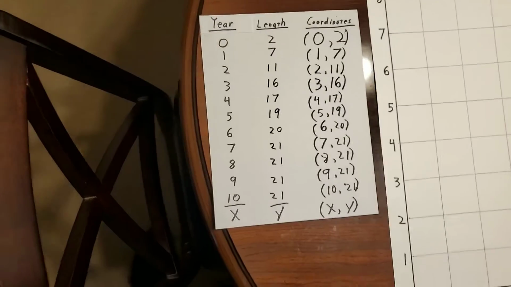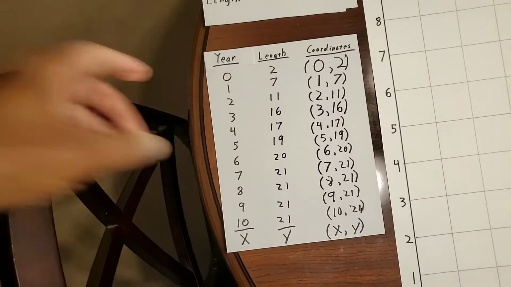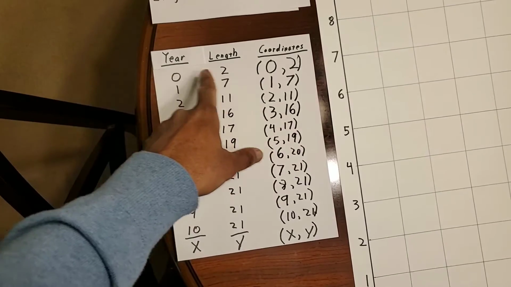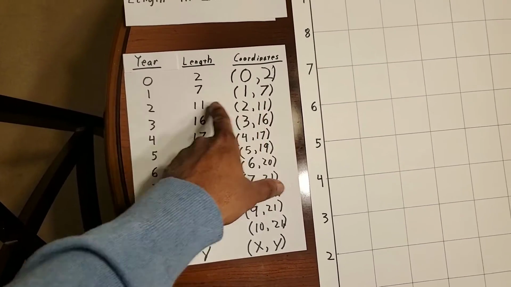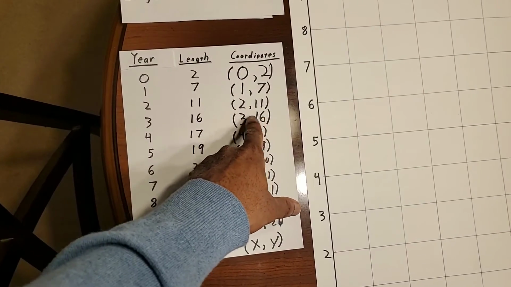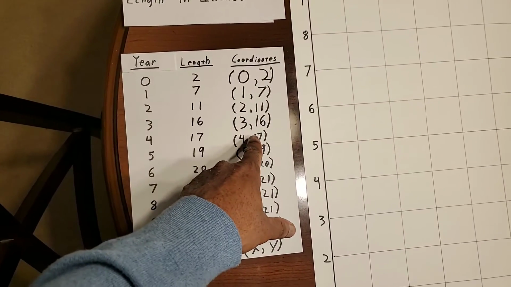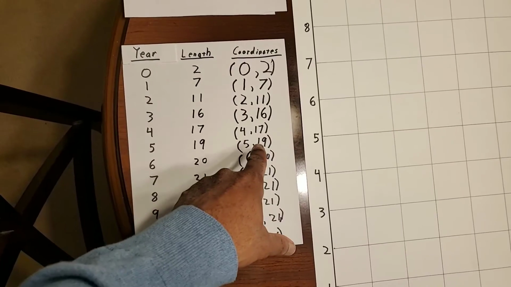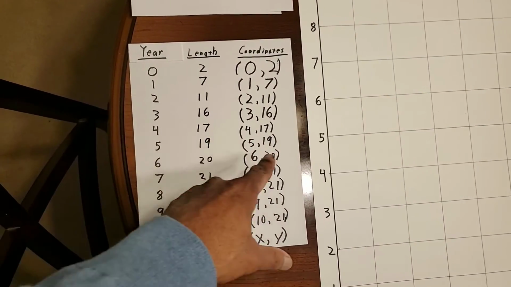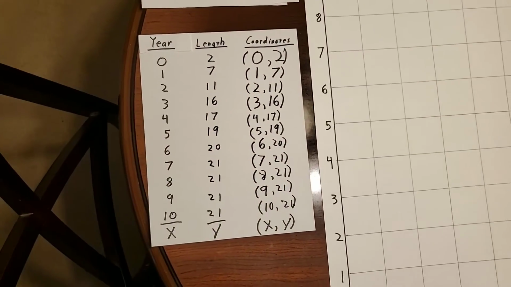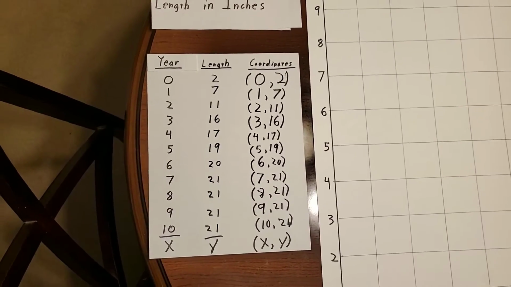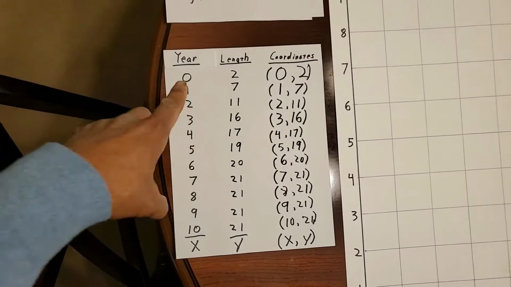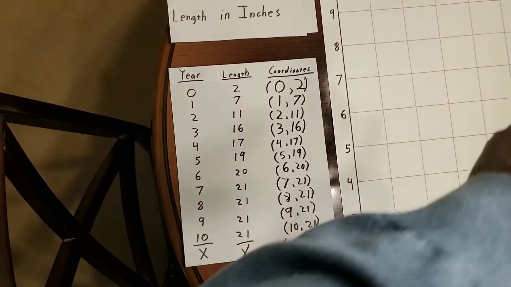So this coordinate represents year 0. This represents year 1. This represents how tall it will be in year 2. This represents how tall it will be in year 3. This represents how tall it will be in year 4. This represents how tall it will be in year 5, 6, 7, 8, all the way to the 10th year. Okay. So we are going to take the years and the length, and we are going to plot